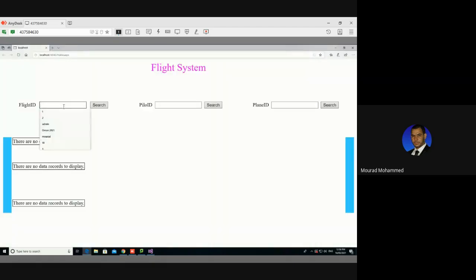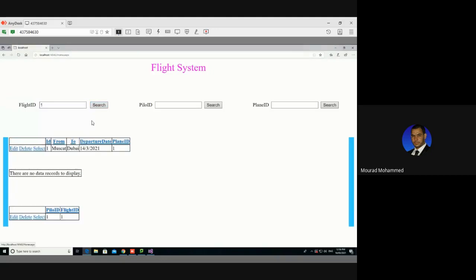I'm going to search, for example, for number 1. Here it is. Yes, we have 2. This is the 1, and this is the 1. Yeah, pilots on flights. Now, when I select these pilots on flights, when I click the select,